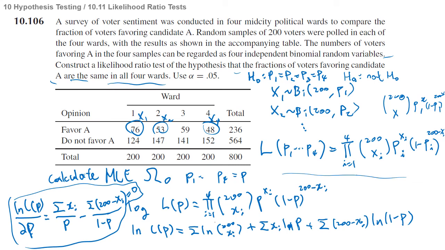You can solve it by yourself, and it would not be very difficult to find out that p hat is the sum of xi divided by 800, and also